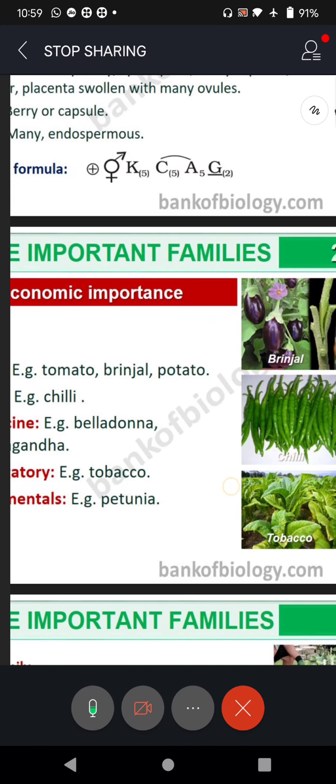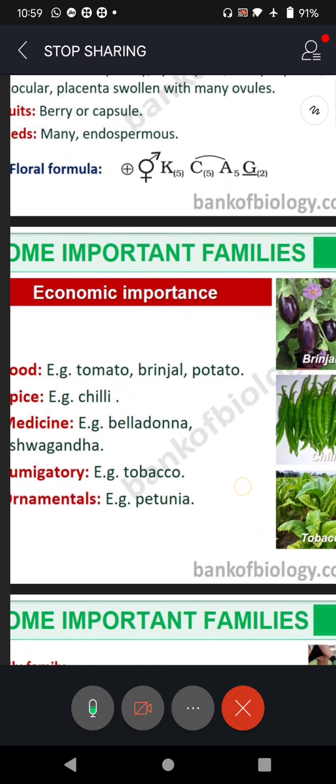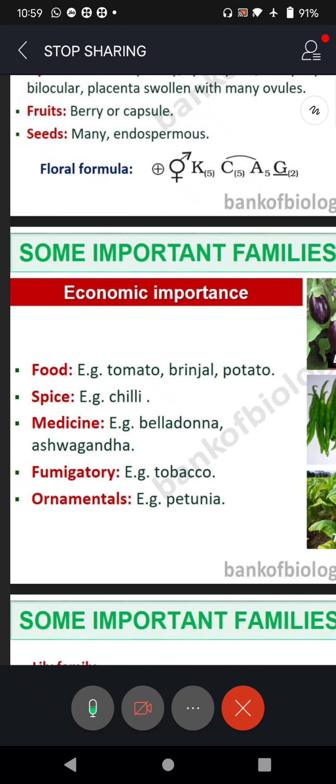See, in the respiration chapter, we will talk about the ATP molecules, adenosine triphosphate molecules. There we talk of energy. From where are we getting this energy? The main source of energy for us is food. See, we are thankful to family Solanaceae. They are giving tomatoes for us, brinjals, potato, ornamental plants, medicinal plants, so many. And of course, spices, chilies, green chilies, mirchi.